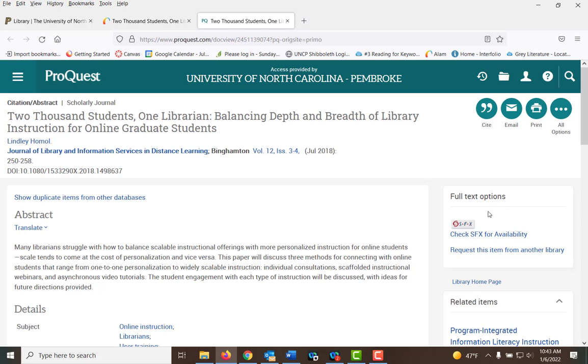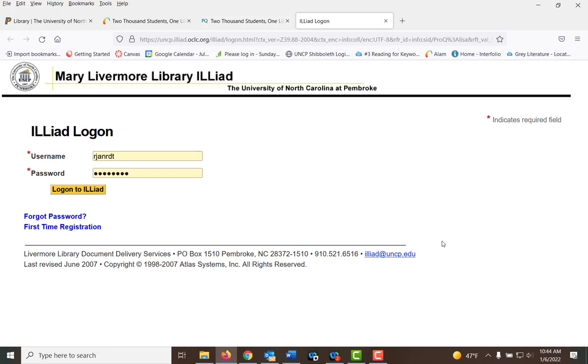You see the full text options here. Click check SFX for availability. That system's no longer valid here. If you click on request from another library, this will go into interlibrary loan. And then you can just log in or register first time, and it will complete that request for you.